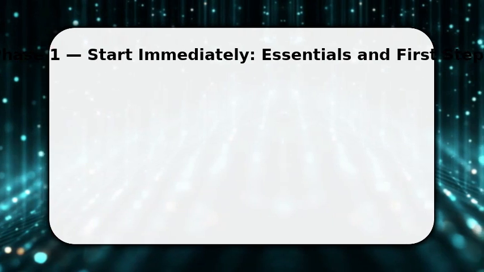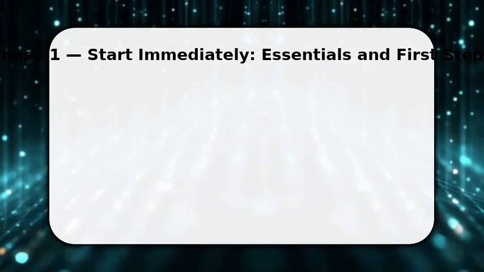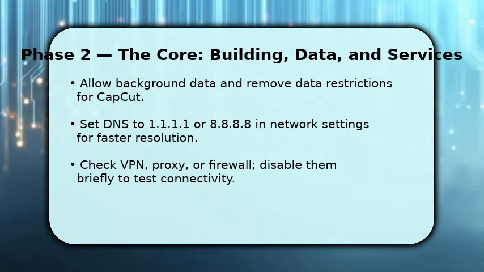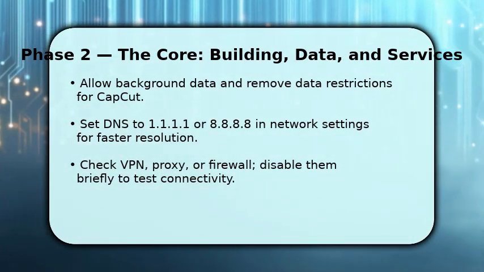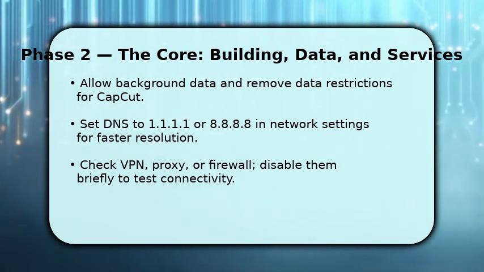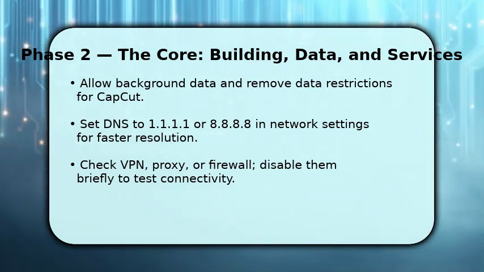Next, you adjust settings that commonly block Capcut. Allow background data and remove any data saver restrictions so uploads and downloads aren't throttled. Change DNS to 1.1.1.1 or 8.8.8.8 to speed domain lookup since slow DNS can